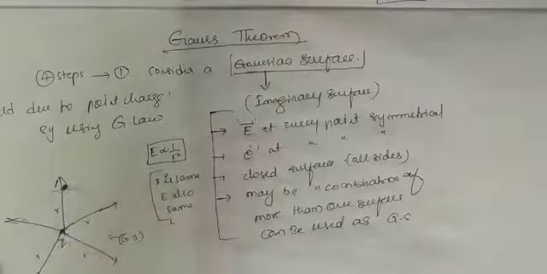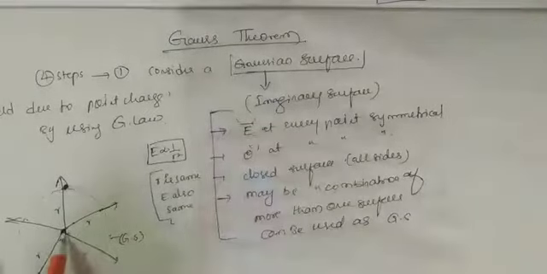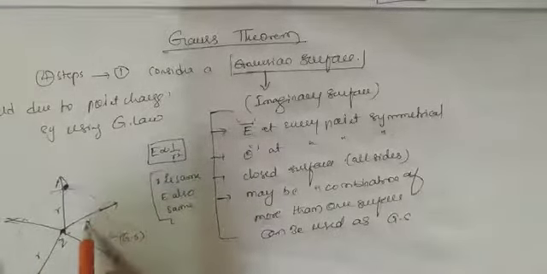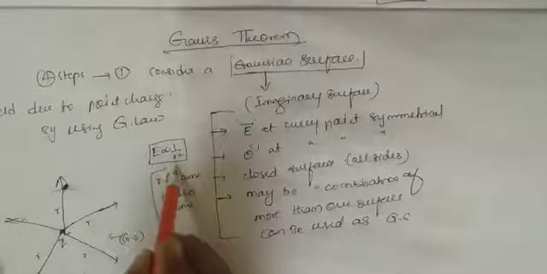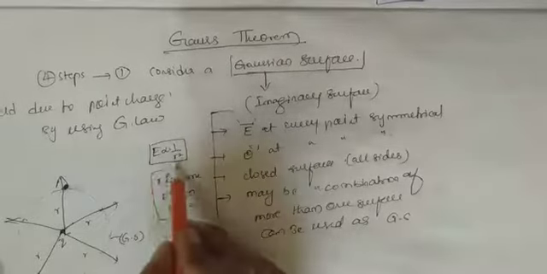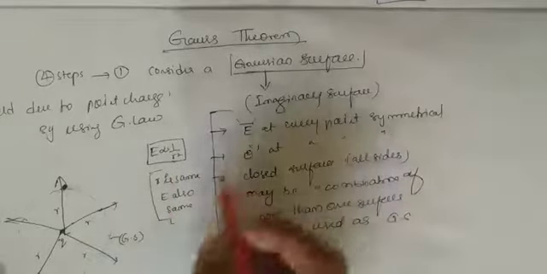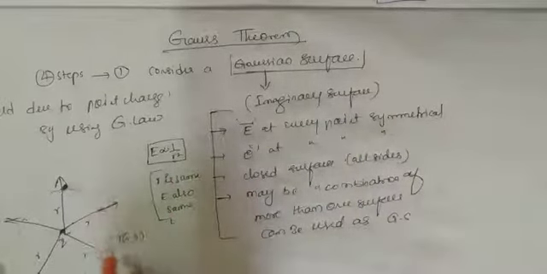The charge is always the same because the charge is already enclosed. Here we are assuming only one charge, not a charge distribution. So the charge is constant, there is no change in the charge. If R is constant, then the electric field is also constant, because the electric field mainly depends on the distance R. So the first condition is satisfied: the electric field at every point is the same.